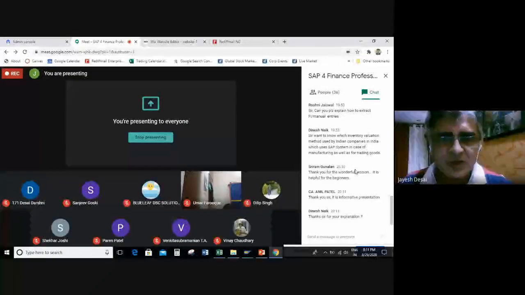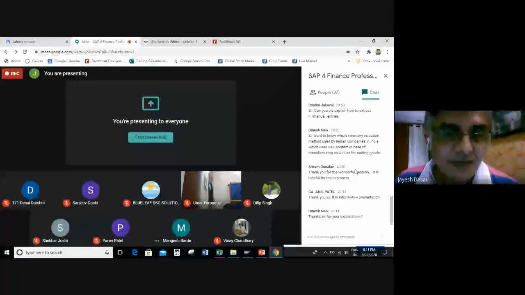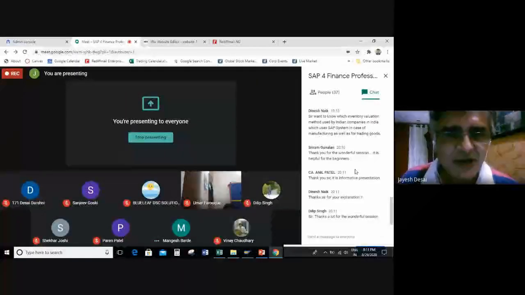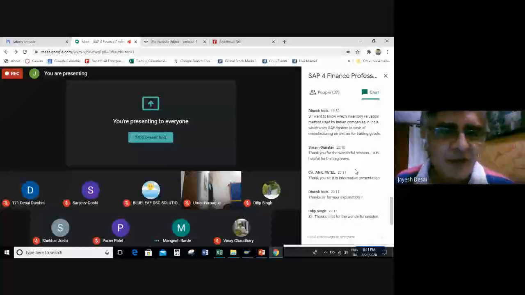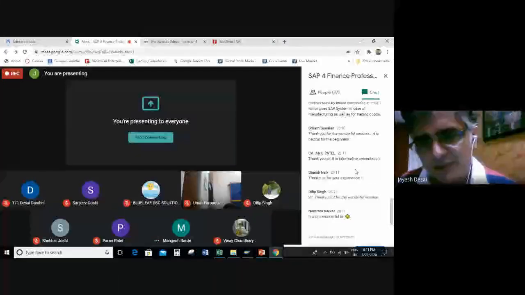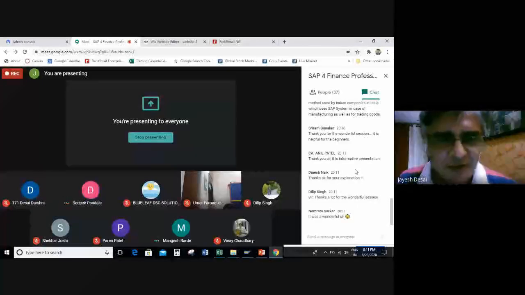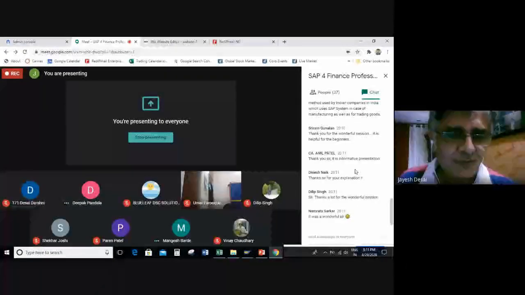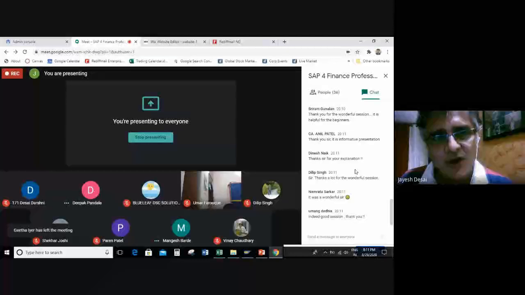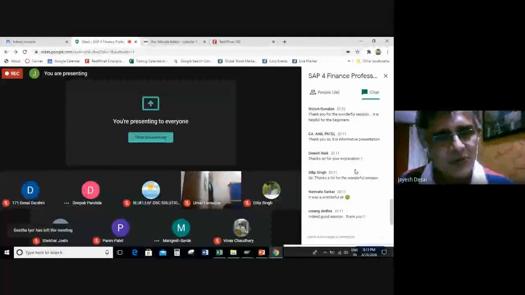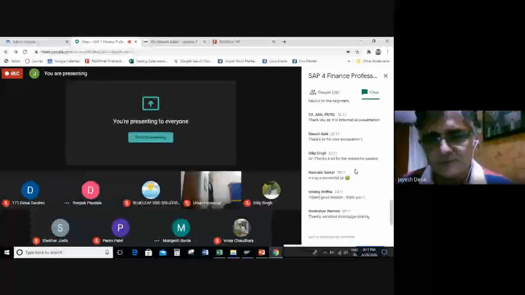But again, this was an overview session, and I have designed it in a way that it gives you a very thorough overview. Now, when you walk into any SAP environment, you will know the various components of SAP. You will at least be able to navigate. Someone is navigating through SAP, and you are not lost. You know how a transaction code is accessed. You know how a document is accessed. You know some of the reports that are run.